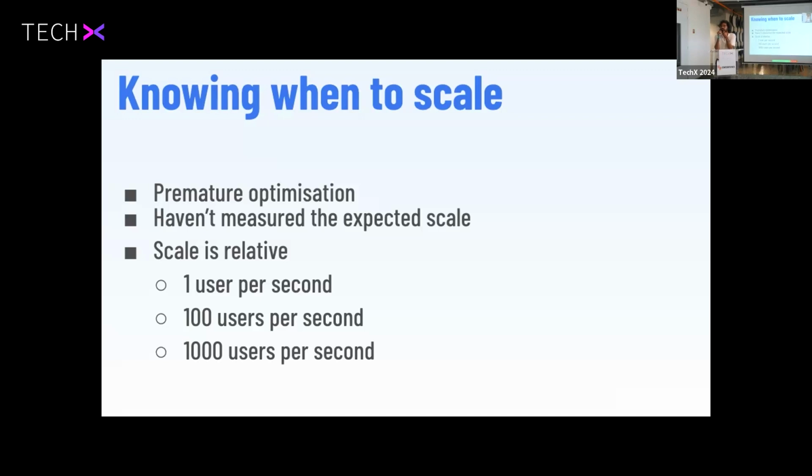So what I was trying to get at is basically scale is relative. For you, who's working in a company, you could have 10 users requesting your API per second and somebody else could be having 1,000 users requesting your API per second, right? When somebody says we have large systems and we have big scale, what does that even mean? You have no idea about it. So having a figure that can measure what is scale is far more important than just talking about scale randomly. So is it 1,000 users per second? Is it 1 user per second? Is it 1 million users per second?